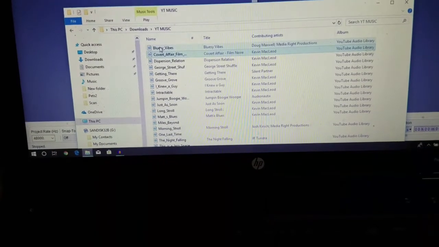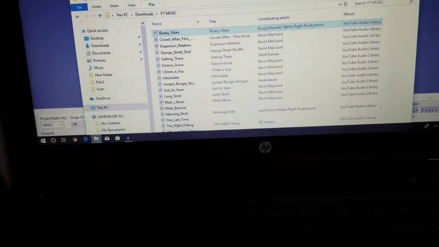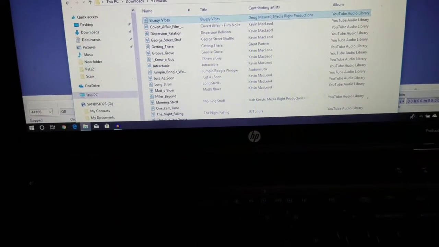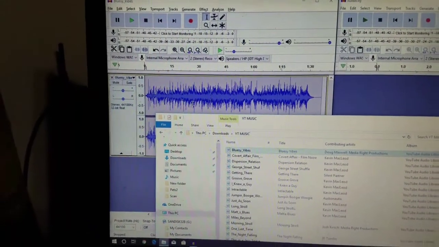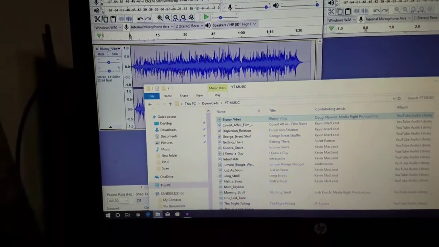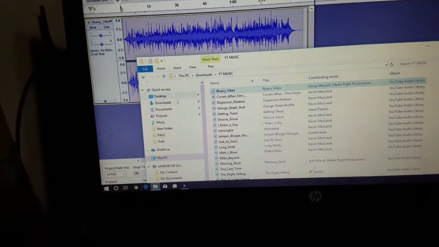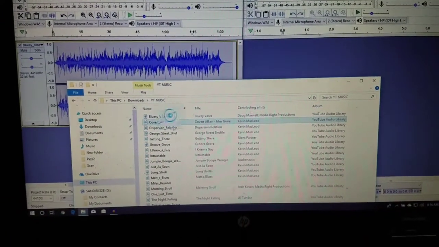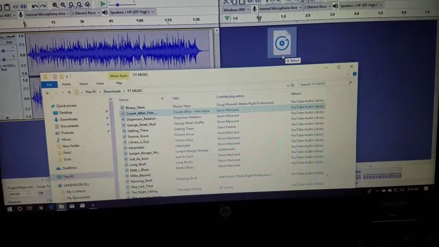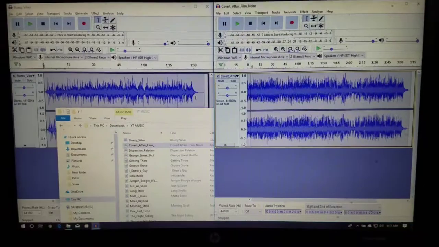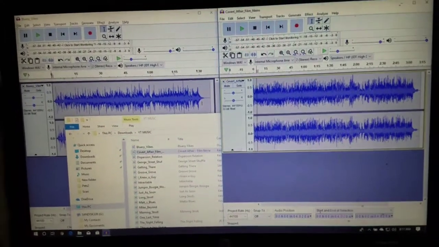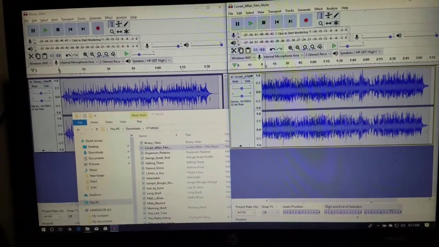Now I'm going to take the first audio file and transfer that over into Audacity. And it's already open in Audacity. Now I'm going to take the next file, copy that over to another Audacity window, and now with a second file being open in another Audacity window,